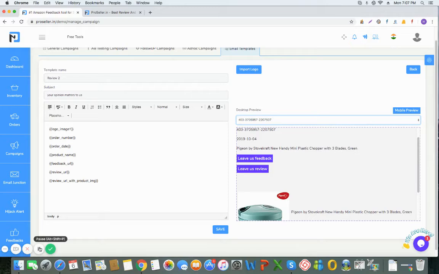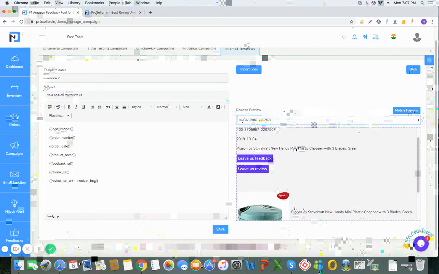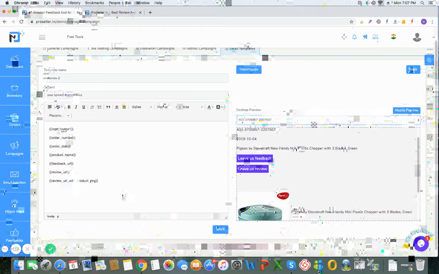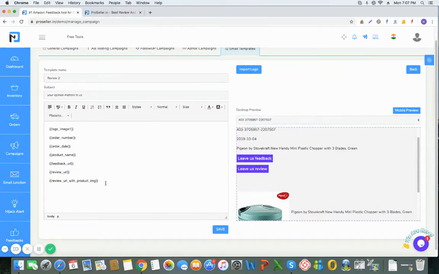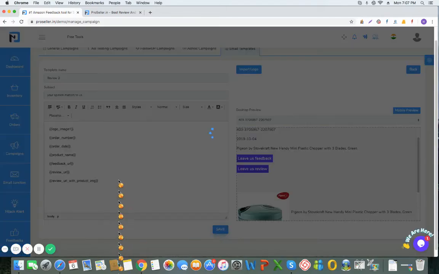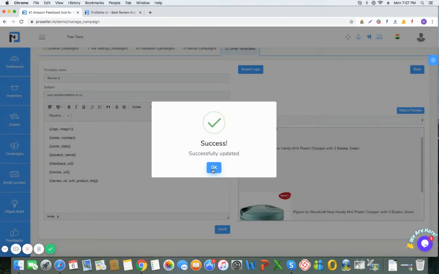Moving further ahead, now that you have understood all the parameters of an email template, you can write in the content that you would want. Make sure the content is good. It should not be very long and lengthy so that the customer would just not want to read further ahead. Once you are done, click on the save button and your email template will be saved.